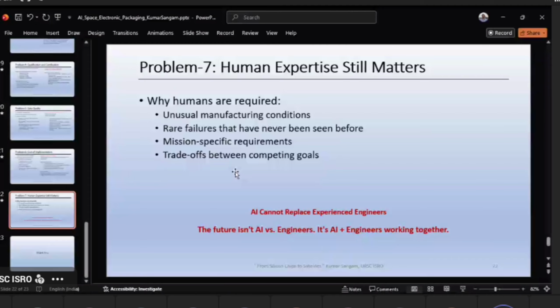Similarly, if you are an electronics engineer, computer science engineer, or electrical engineer, it's not that it will replace you, it will help you. Previously, if you took, let's say, 10 hours to design a circuit, maybe it will help you do it in 1 hour. So the scale of work will only increase, the output will only increase. Here, it's not a problem, it's an opportunity for all of us. If we take it as a competitor, then let us face it, AI is going to stay, and please be ready for this.